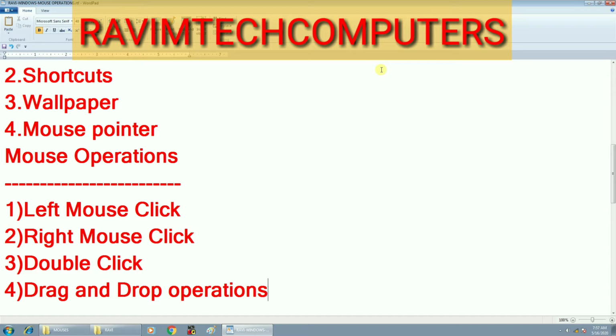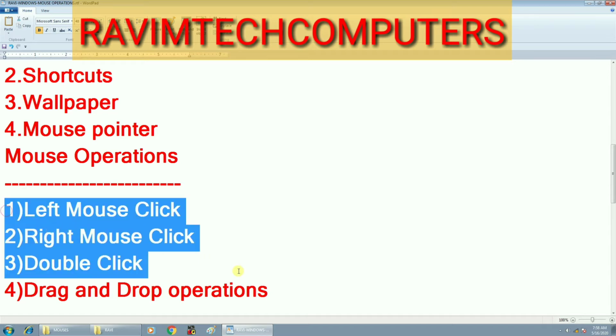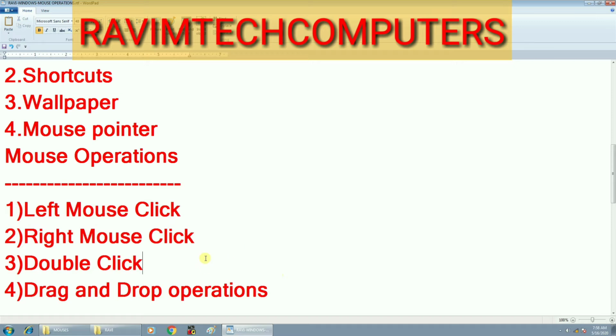I already told you Windows is the best example of a GUI. It is also an operating system. Why is it called a GUI? Everything is displayed in picture format. If you want to interact with GUI applications, you have to use the mouse most of the time. Without the mouse, we cannot do some basic operations, especially in MS Office related applications. Now I am going to explain the internals of mouse operations, and at the end of the video, I will explain mouse properties also.